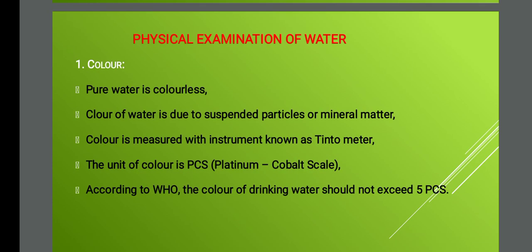So if you go with physical examination, 5 different properties will examine physical character. One is color, second one odor, third turbidity, fourth one taste and fifth one is electrical conductivity. I'll repeat. So physical examination of water. If you take physical examination, 5 different parameters physically we analyze. One is color, then odor, turbidity, taste and electrical conductivity. And this class we can see the first 4 parameters: color, odor, turbidity as well as taste, and electrical conductivity I'll take in the next class.